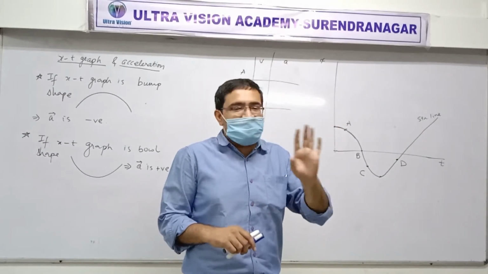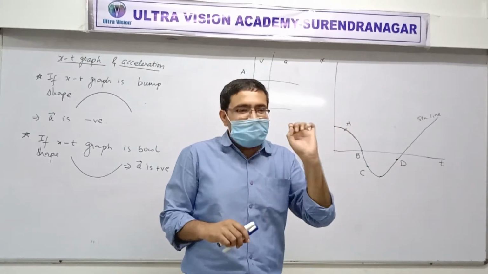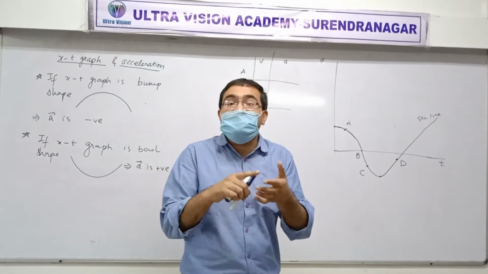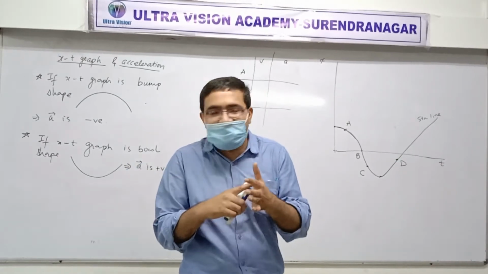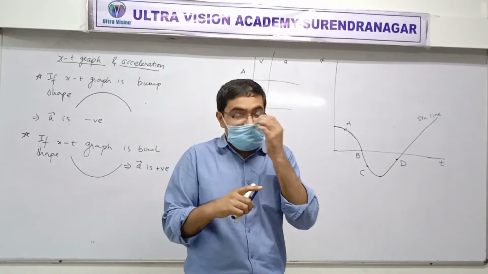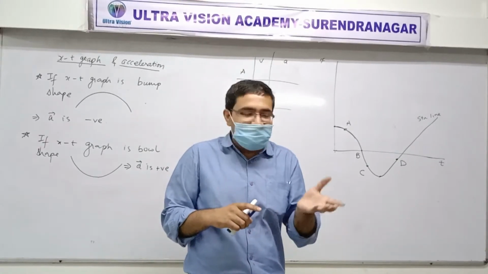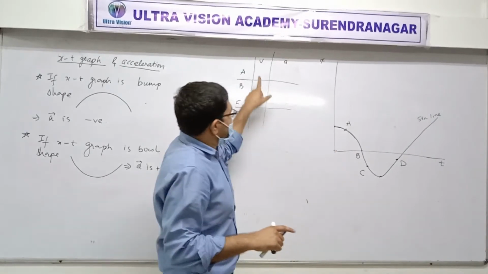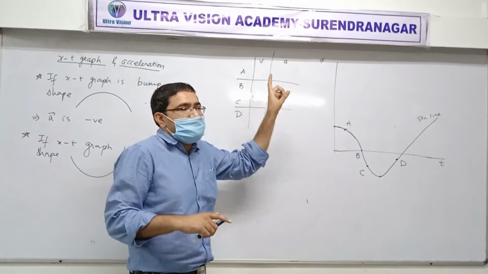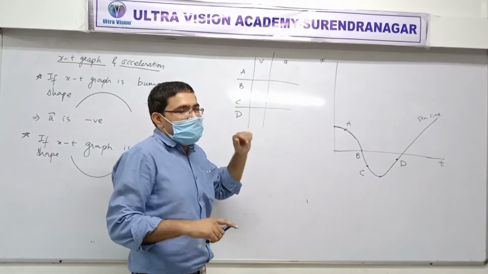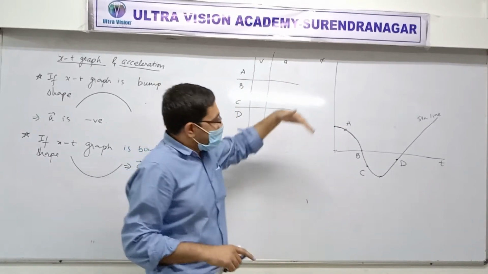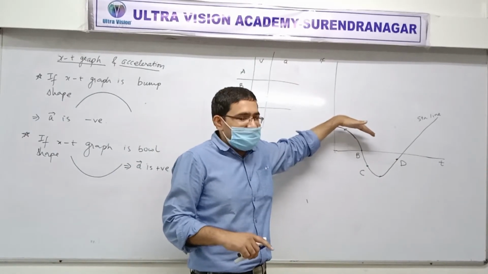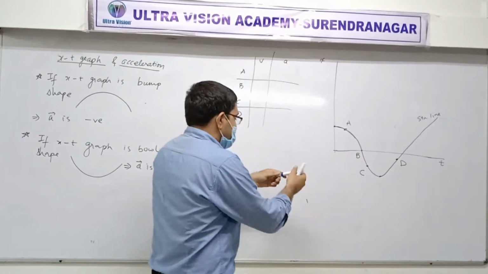Positive, negative, or zero? Just do not get confused. Positive, negative, zero is a different thing. Increasing, decreasing, and constant is a different thing. Something may be increasing and may be negative. Something may be decreasing and may be positive. So this question is about positive, negative, or zero. Sign. Good. Negative. How do you decide? Yes, the tangent drawn here would have a negative slope. Yes or no? Yes. Sure, got that? Very good. Sit down.